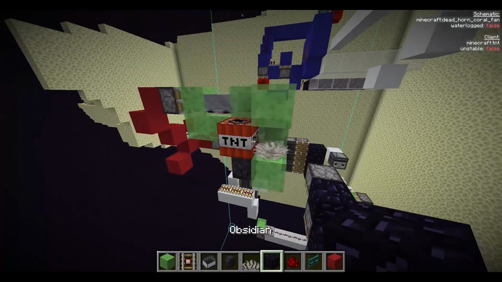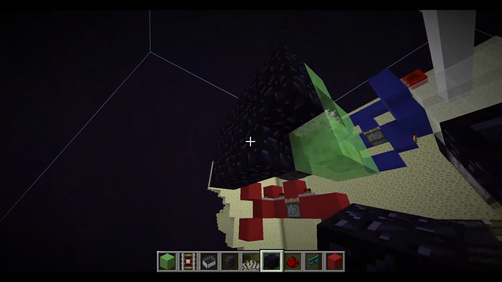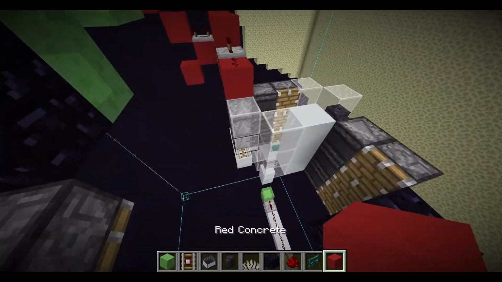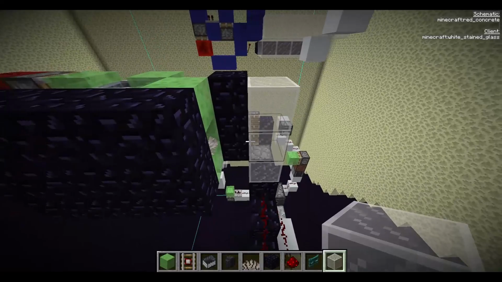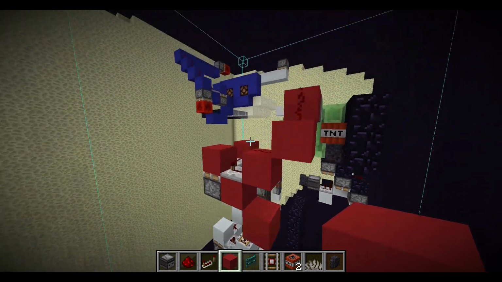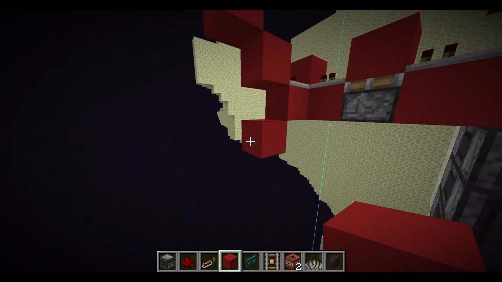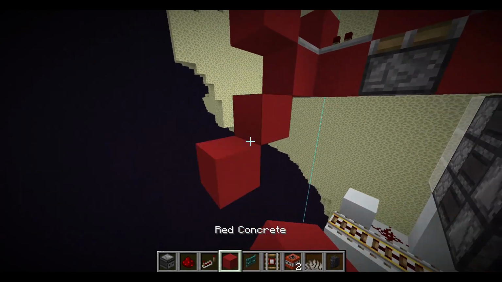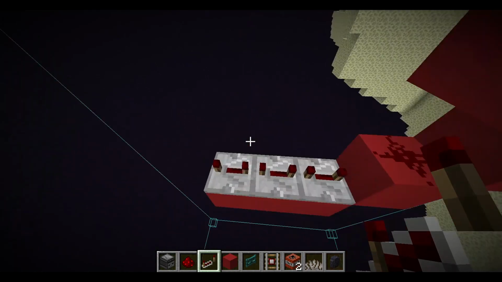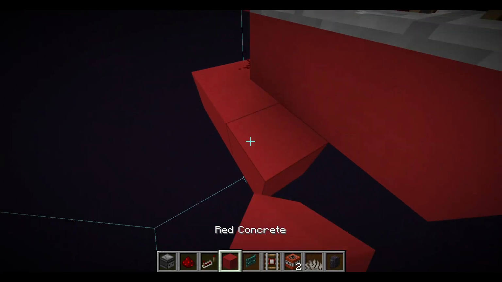To make sure you don't blow it up, you want to put a wall like this. It's probably more than you need, but better be safe than sorry. And like this. Alright, so then you want to come around here, where you want to go down there and place a piece of redstone dust, 3 blocks and 3 repeaters on top. Want to do this thing there, and you want to come up to the middle there,